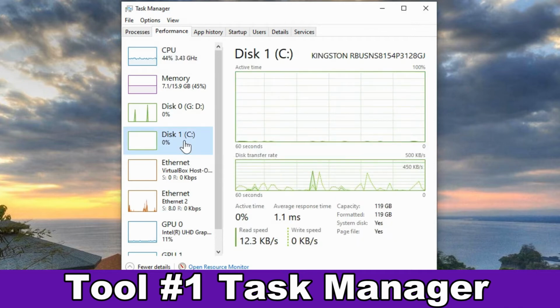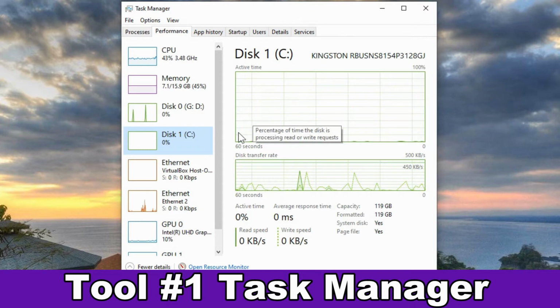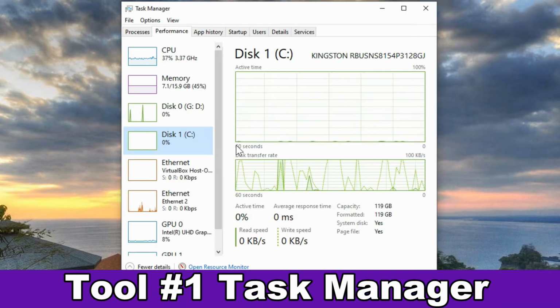And you can click on any one of these and it gives you more details to the right so you can see what's happening with that. And if there is a slowness and you see one of these is capped out at 100%, you know that that's the culprit, and we need to find out why is that running at 100% and start to drill down on the troubleshooting from there a little bit deeper.